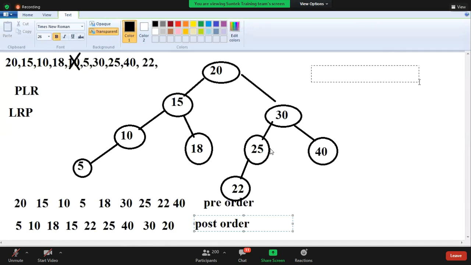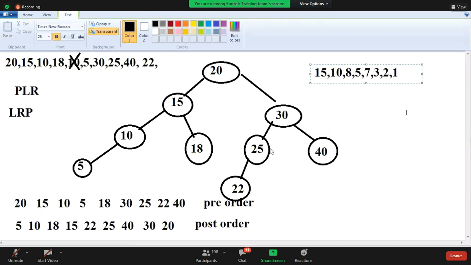Last one, guys. For example, if they have given a tree diagram, that is good only. For example, if they are giving like this: 15, 10, 5, 15, 10, 8, 5, 7, 3, 2, 1.